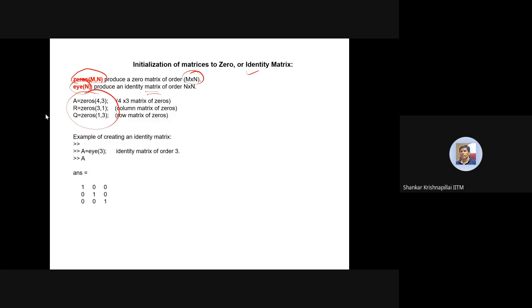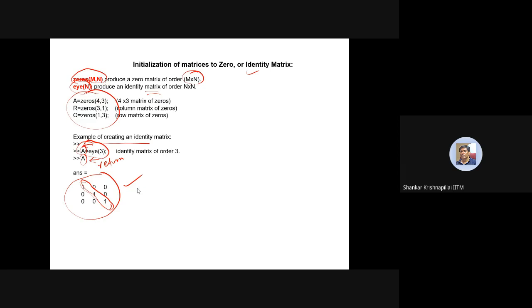So an example of making an identity matrix of order 3: you type A equal to eye(3), and the identity matrix is stored in A. If you type A and press return, the values of A will be displayed. You can see that this is an identity matrix. Any matrix when multiplied with an identity matrix will give